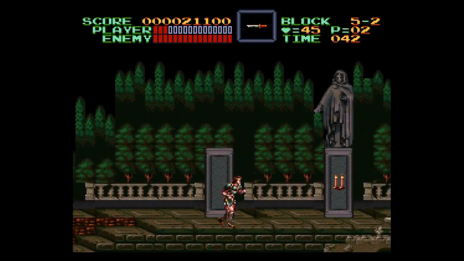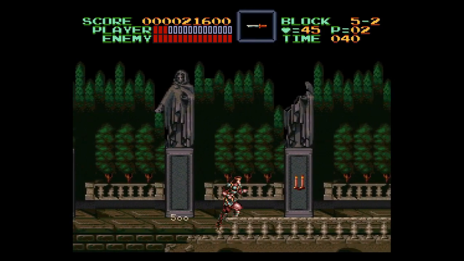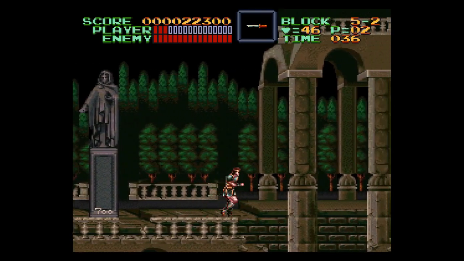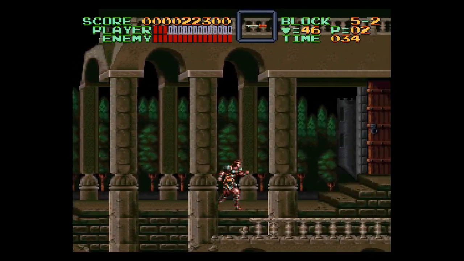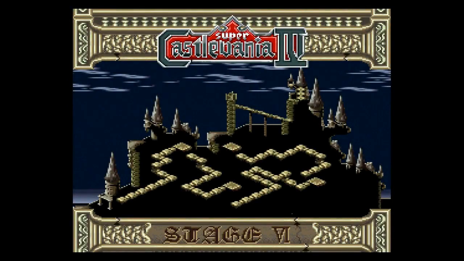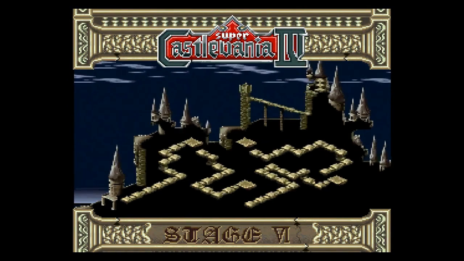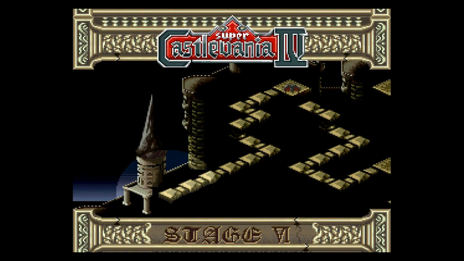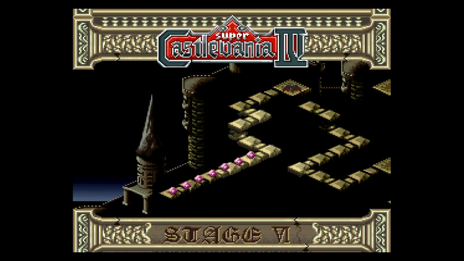We only have 43 seconds left. 42, 41, 39. What? This is like Grim Reaper stuff that we're passing by. Pretty sure the Grim Reaper is one of the bosses in Castlevania, so we might be at that point of the game. Or... Oh, we're in Dracula's castle! Oh, so now we have to fight...